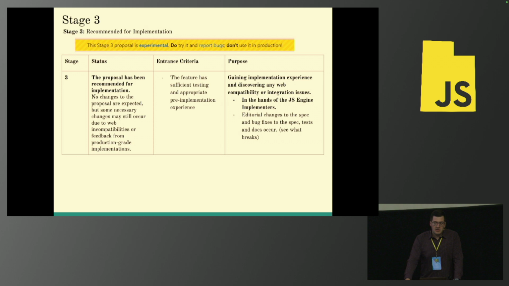So this is the TC39 committee saying, hey, look, we want this to go into the standards. If you're a JavaScript engine supporting a browser, start implementing this. Now, here's the key, right? Even though they're saying, hey, we want this in the standard, we recommend it for implementation, you'll see that yellow twice, and you'll see it on different proposals. A lot of times the proposals are experimental, right? So they want you to try it and report bugs. It may not be as performant. There might be some edge cases, et cetera. So realize that even though something looks pretty complete, pretty awesome in stage 3, use it with caution, if you will. And I would probably say immense caution.